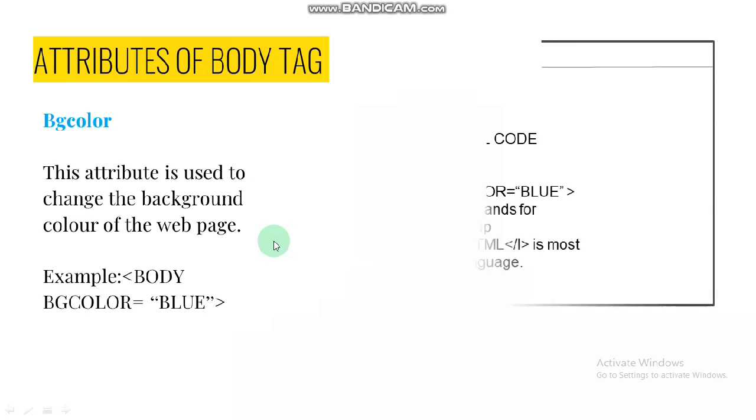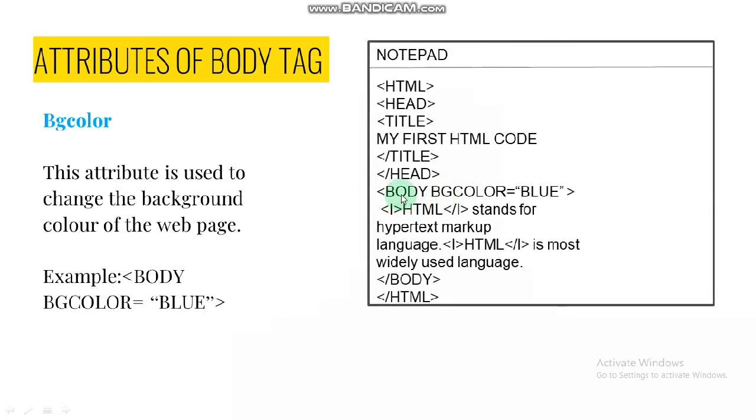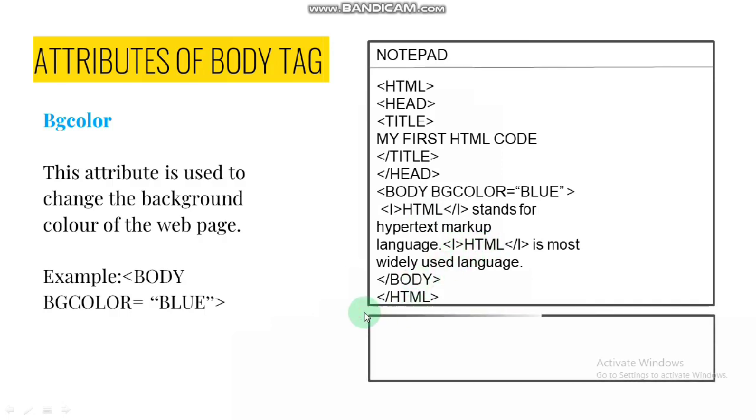Now let's see in the coding window how you're going to do it. See children, body is the tag, and inside this, before I have closed it, I have written an attribute which is BG color equals to blue, and then after writing this blue, I have closed this tag, not body tag, just put a closing bracket, and then again the same content, that is I tag is there, HTML, then I tag close, which means italics, then here also, and then body closed, HTML closed. Now let's see in the output window.